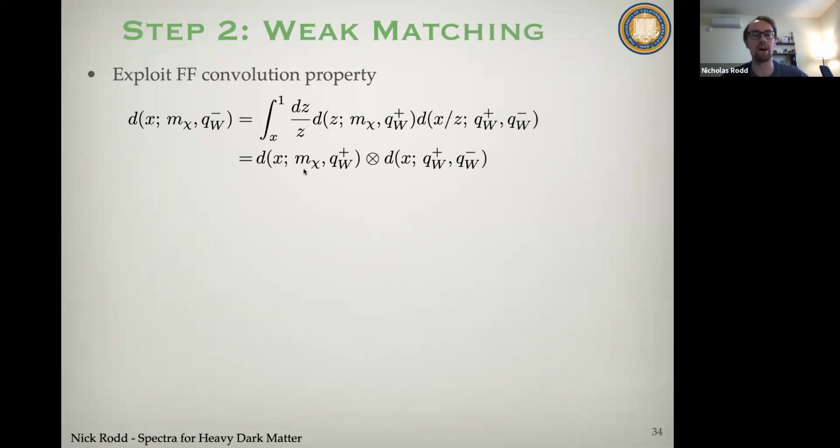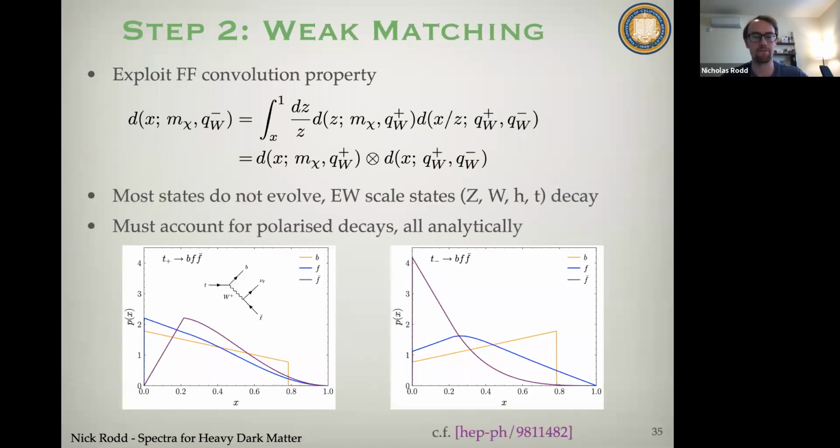We just evolved from the dark matter scale to just above the electroweak scale. I'm now just going to evolve over an infinitesimal scale through the electroweak scale. And the reason it's infinitesimal is I don't want to generate any large logs here, which we were carefully resumming in the first step. So this is a pretty trivial calculation.